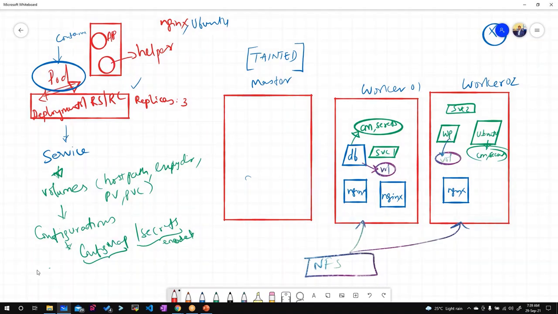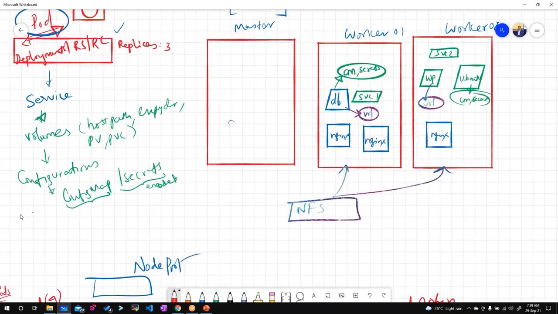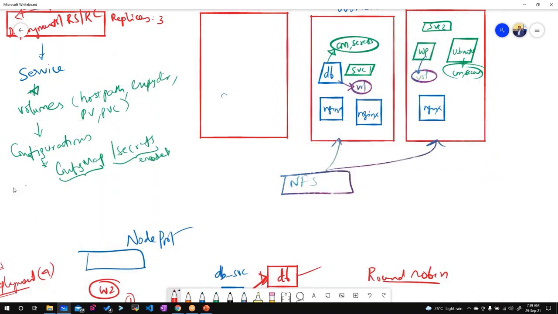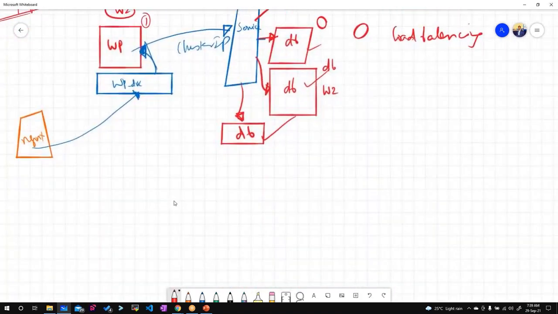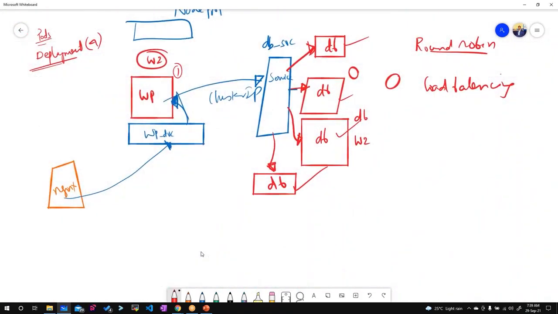Yeah, I have a question on services actually. Let's say, for example, I have only a single pod. So even for that single pod, we require a service. Yes, we need a service. In that case, let's say I have multiple instances of WordPress running, and this WordPress is communicating with DB. So the communication should be like WordPress will communicate with the service associated with WordPress, and in turn... No, the service, no.